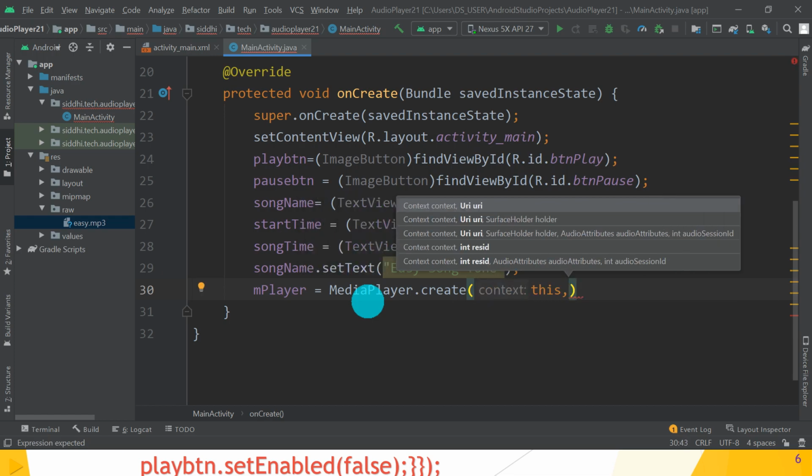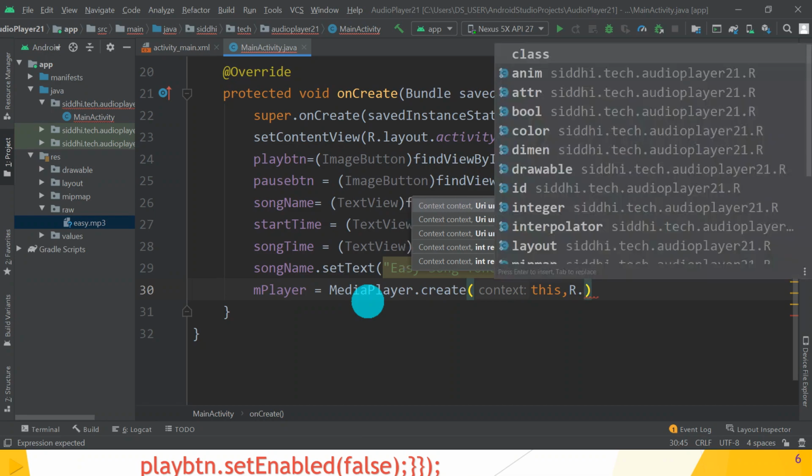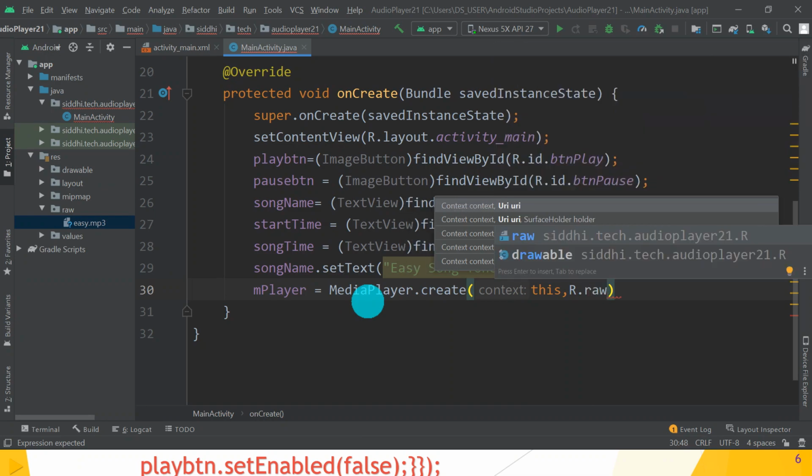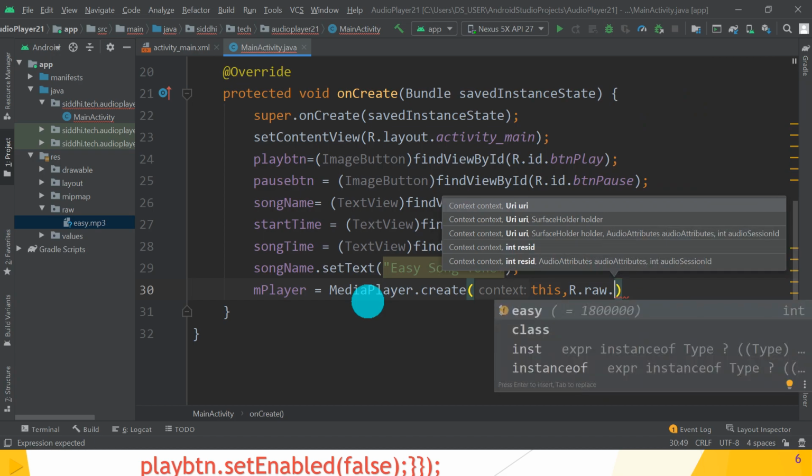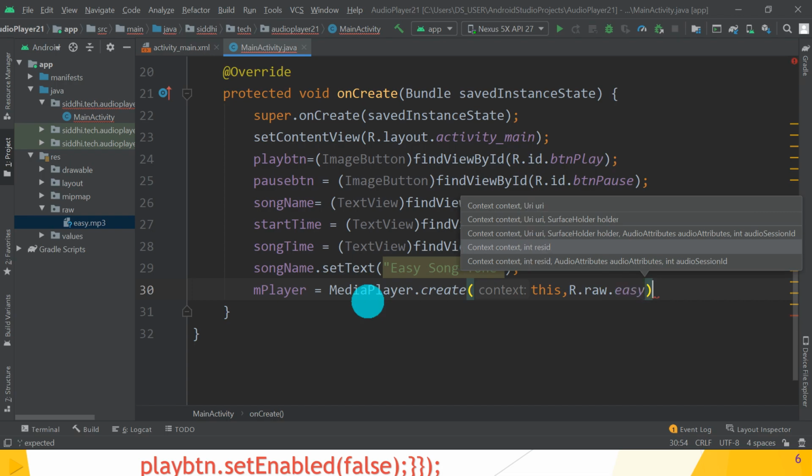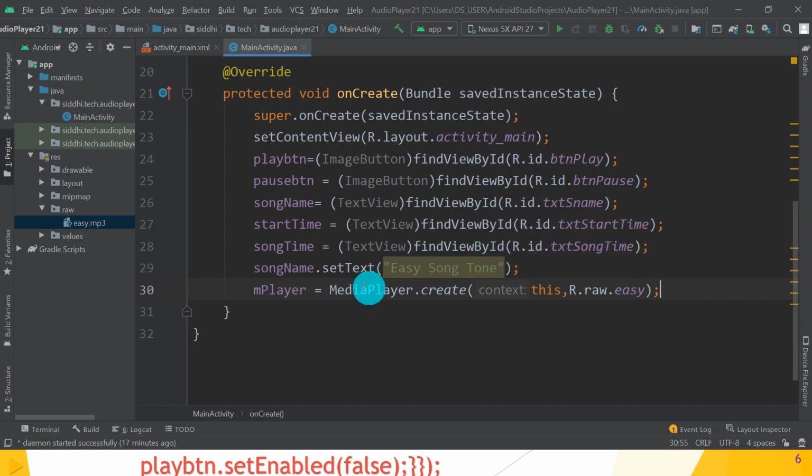Then which file? Media file, R.raw.easy. So this is the audio file we have to assign to the media player's object mPlayer. Great. Guys, hope you understand this part.